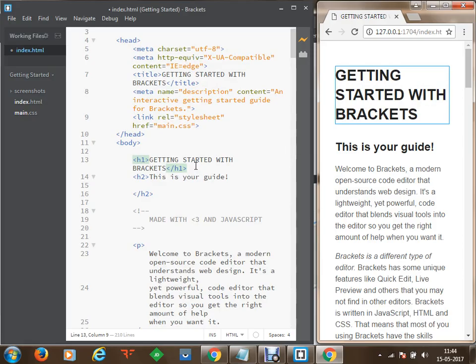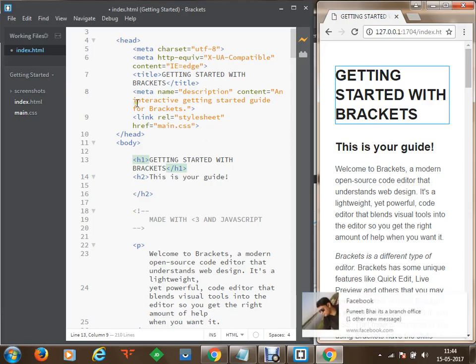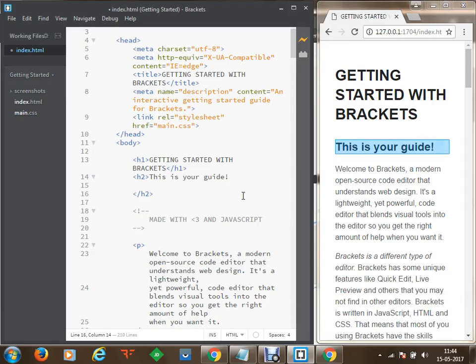Brackets is an open source web development integrated development environment which gives you a live preview of whatever development you are doing. Now using Brackets, we have to get started with development of an HTML application, and we are going to put that application on our Node project. Then we are going to run our project and test it. So in order to proceed, we'll perform that in the next session.